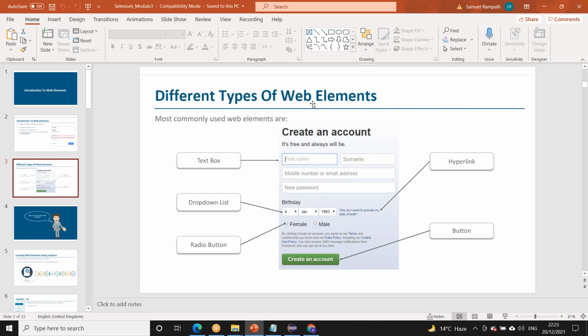Like Amazon is trying to deliver an item to you. The person should know the address where you are, then only will he be able to give it to you. So now, if I have to input into this text box, I should know the address of this one text box.